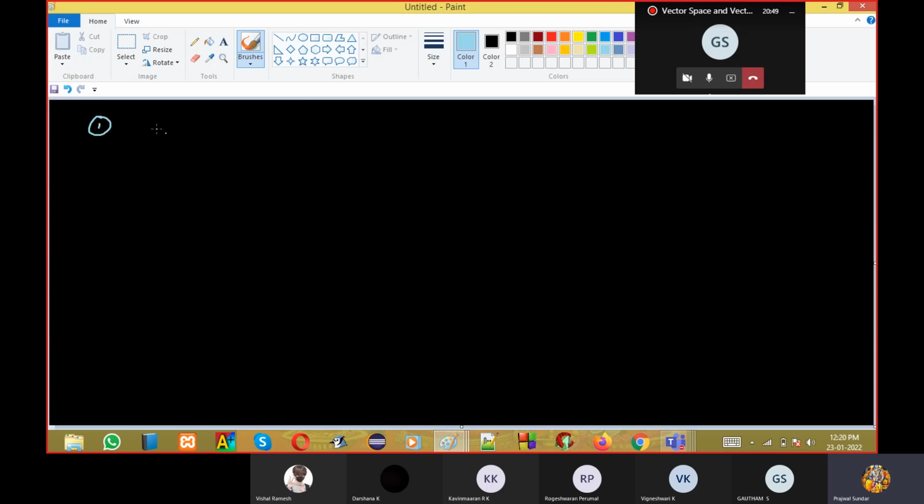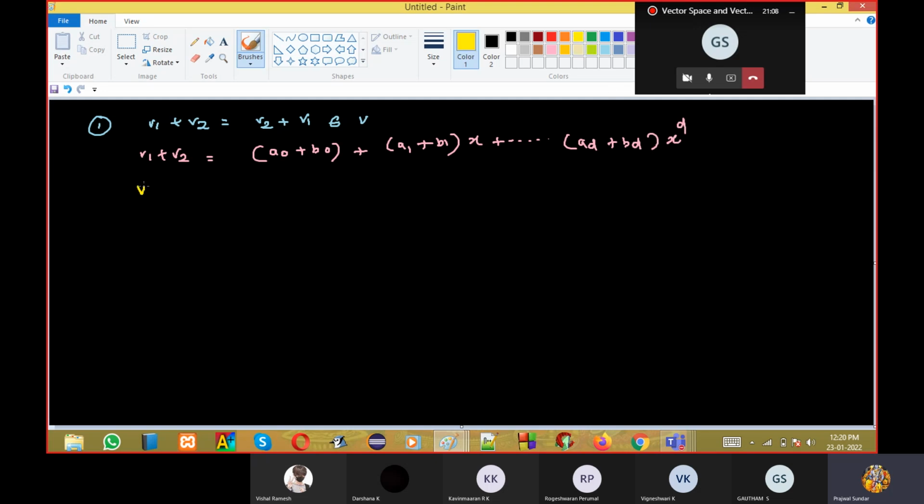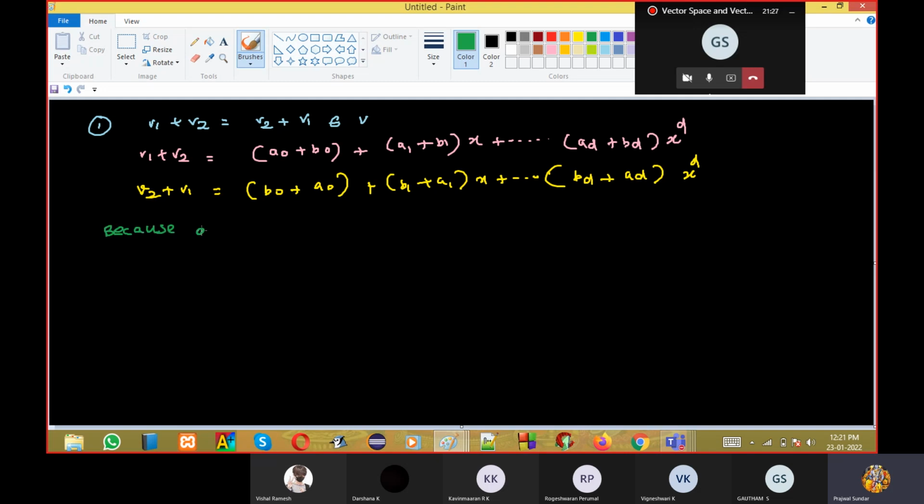What is the first condition? The first condition states that v1 plus v2 should be equal to v2 plus v1 and should belong to the vector space. So if you do v1 plus v2, you will get a0 plus b0, plus a1 plus b1 x, like that, till ad plus bd x power d. If you do v2 plus v1, you will get b0 plus a0, plus b1 plus a1 x, till bd plus ad x power d. Now, if you are observing carefully, because addition is commutative,